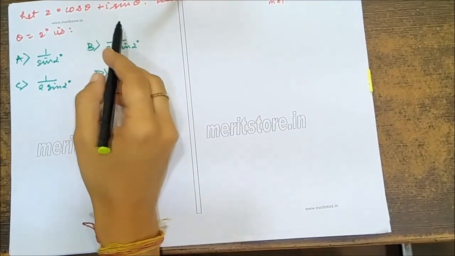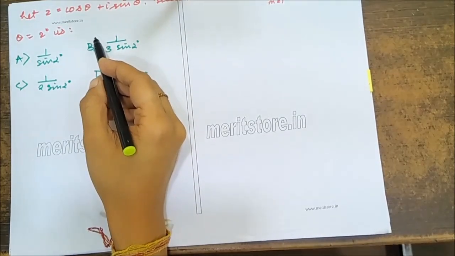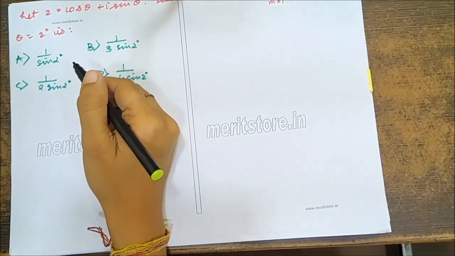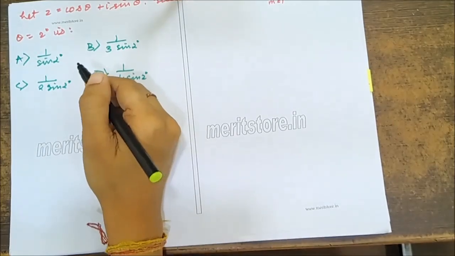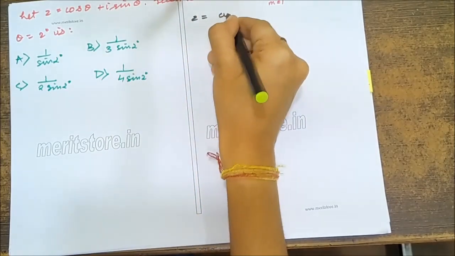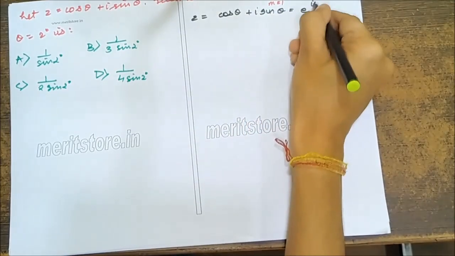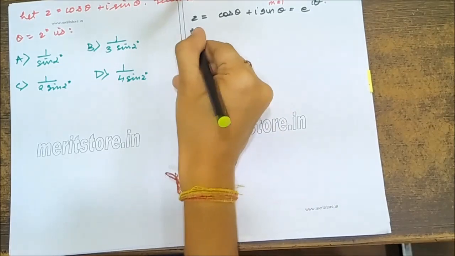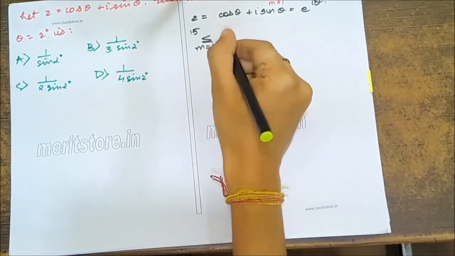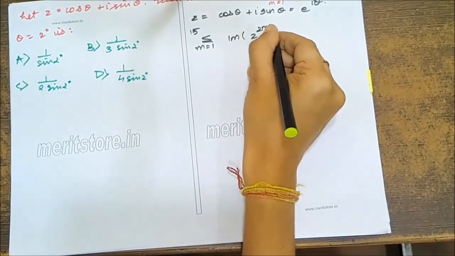If z is equal to cos theta plus i sin theta, then find the value of the summation from m equal to 1 to 15 of the imaginary part of z raised to 2m minus 1 at theta is equal to 2 raised to 0. So we have z is equal to cos theta plus i sin theta, that is equal to e raised to i theta. So summation from m equal to 1 to 15 of the imaginary part of z raised to 2m minus 1